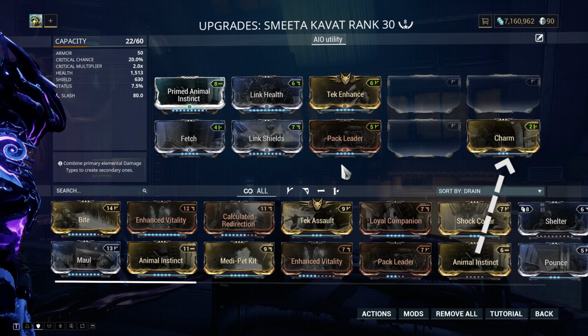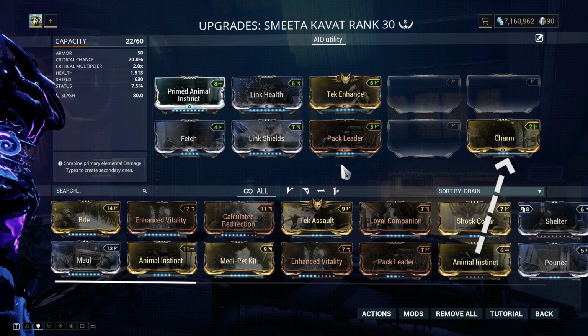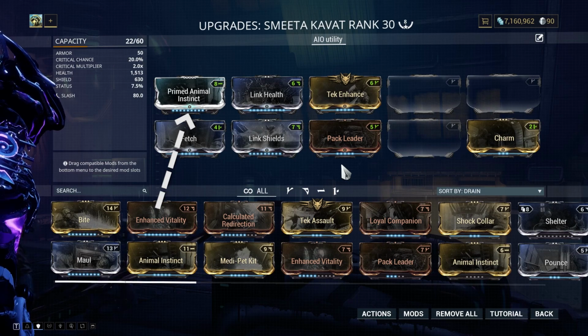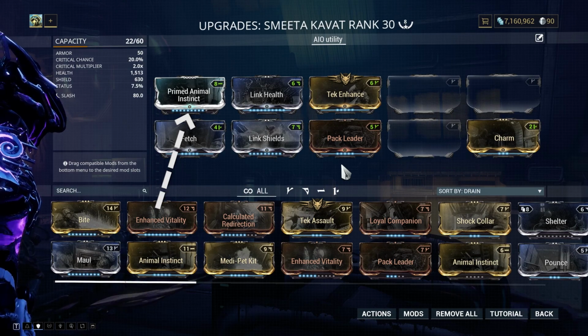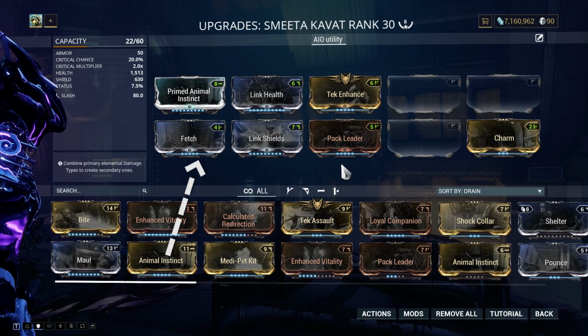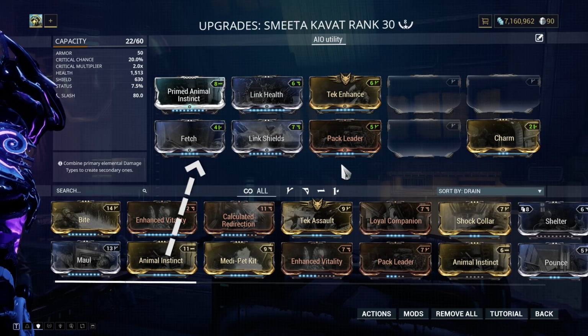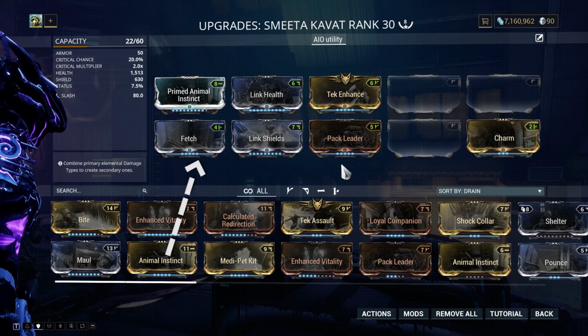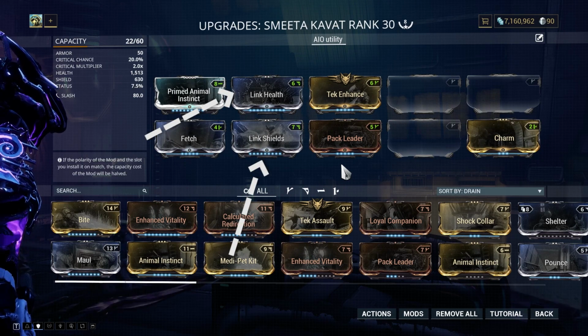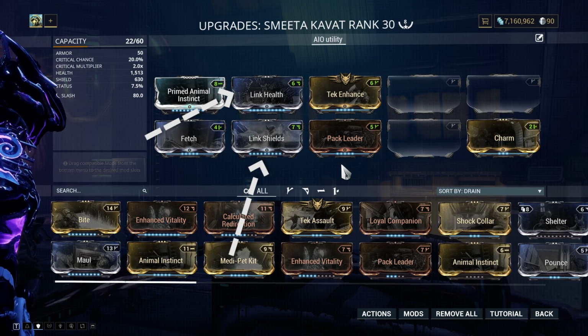Charm is the main reason to use Smeeta Kavat. It's mandatory. Prime Animal Instinct will basically provide loot data and also enemy positions on your minimap. Very useful mod, and also a must-have on your companions. Fetch works just like vacuum, but it needs your Kavat to be in range so that it will actually work. Link health and shields are very important in this build because they increase the survivability of your Kavat by a